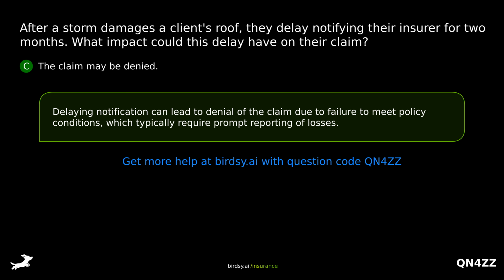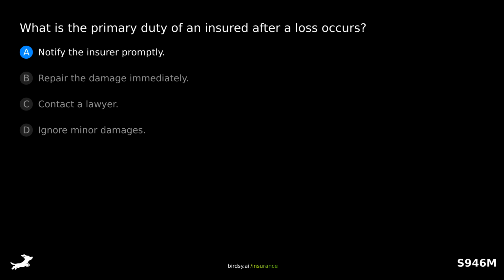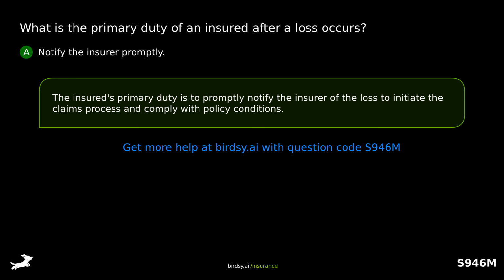Delaying notification can lead to denial of the claim due to failure to meet policy conditions, which typically require prompt reporting of losses. What is the primary duty of an insured after a loss occurs? Is it A, notify the insurer promptly? B, repair the damage immediately? C, contact a lawyer? Or D, ignore minor damages? The answer is A, notify the insurer promptly. The insured's primary duty is to promptly notify the insurer of the loss to initiate the claims process and comply